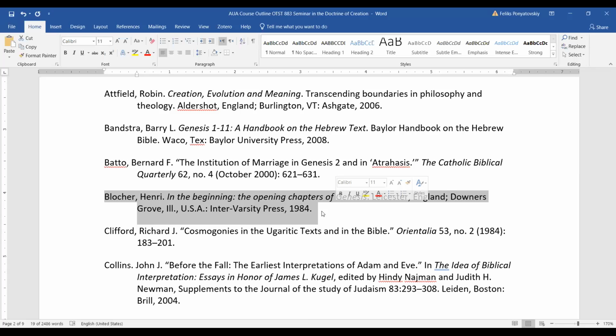So we can assign each article or each book or each piece to different people. And in this case, I would like to ask you just to prepare a short presentation, not a very big presentation. In this presentation, you can just show the main ideas of the author. Because that would be ideal. Instead of reading 4 books,